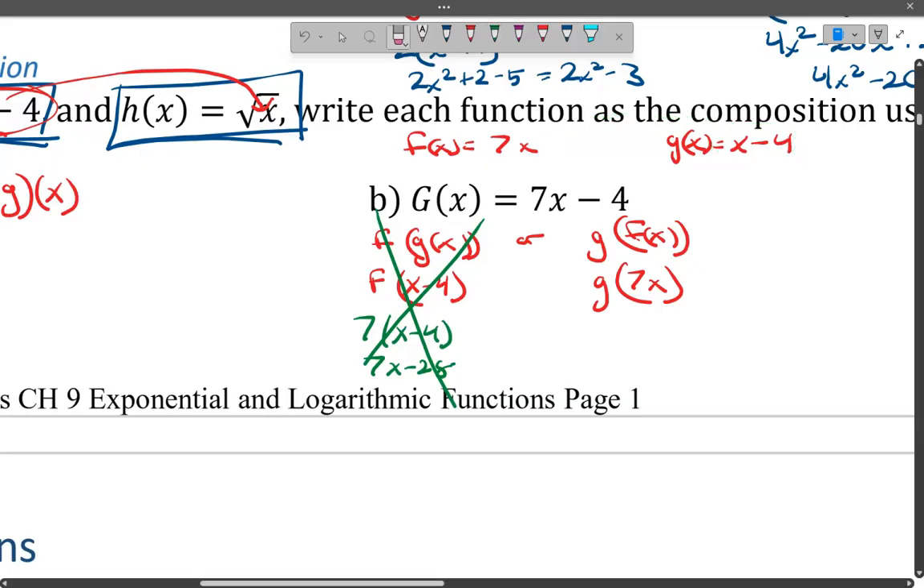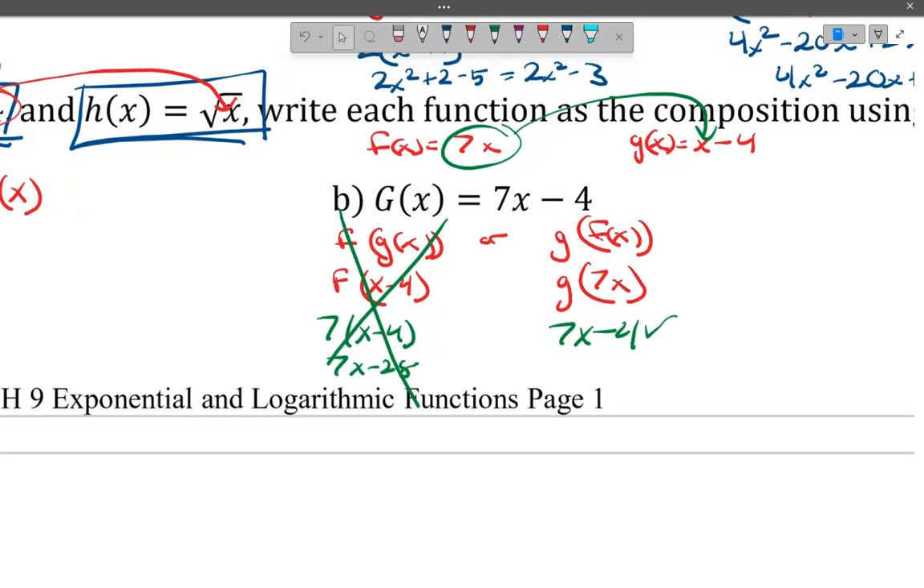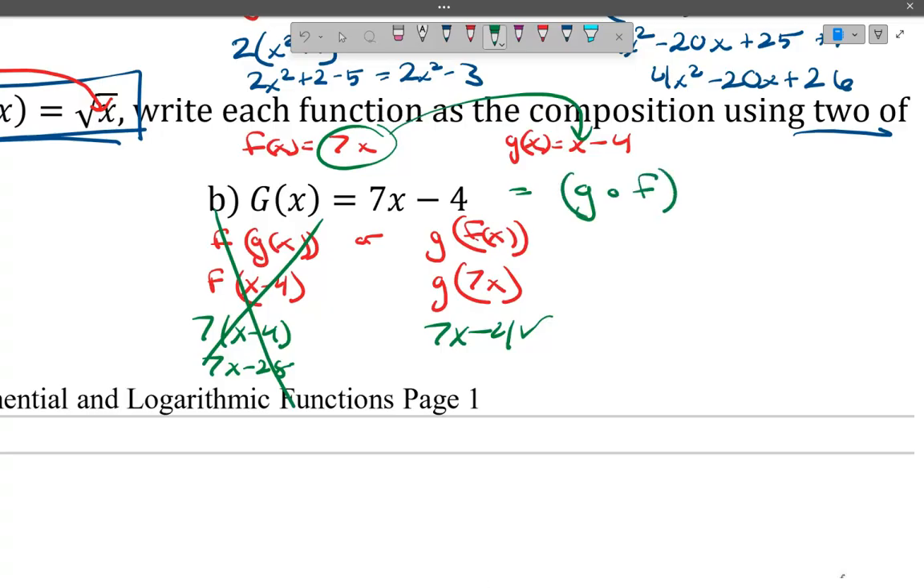But again, if we flip it around and we take 7x and substitute it into g as the input, then we get 7x minus 4, which equals our big G of x. So we know that g is dependent on f, which is dependent